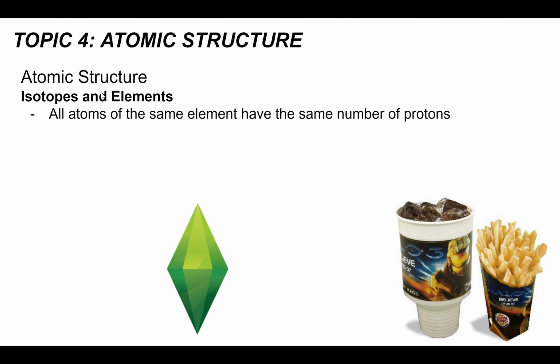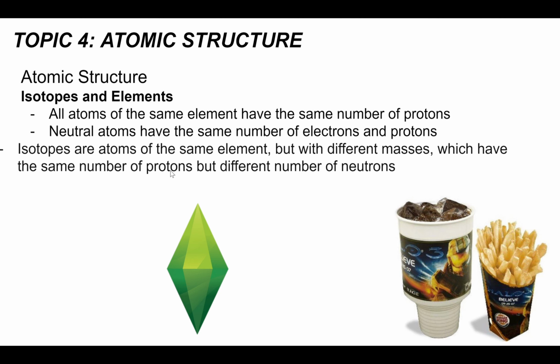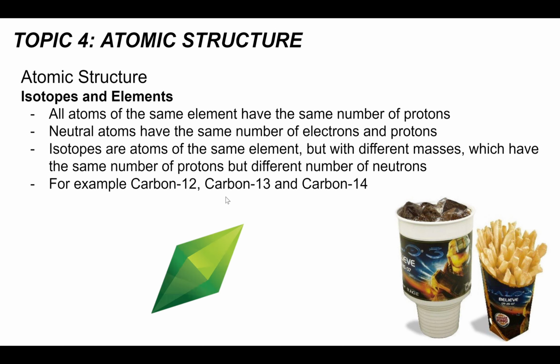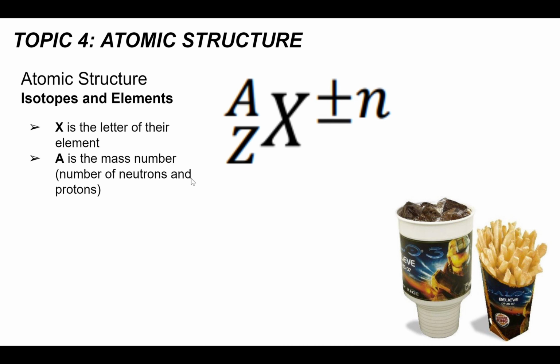Isotopes and elements. All atoms of the same element have the same number of protons. Neutral atoms have the same number of electrons and protons. Isotopes are atoms of the same element but with different masses, which have the same number of protons but different numbers of neutrons. For example, carbon-12, carbon-13, and carbon-14. This is important to know, as you may be asked